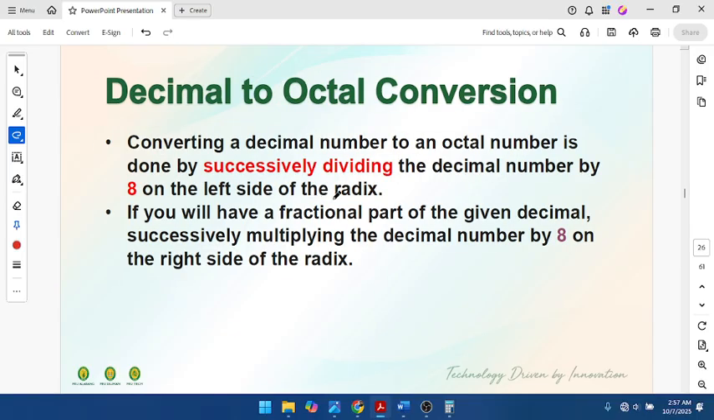Next, we have decimal to octal conversion. In converting the decimal number to